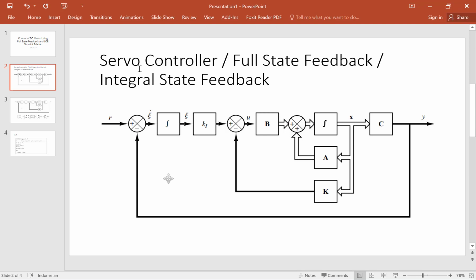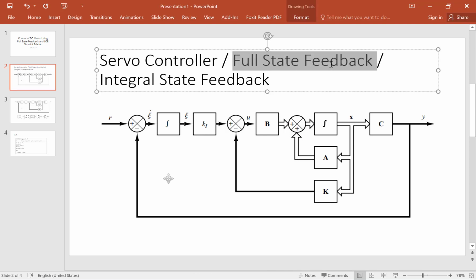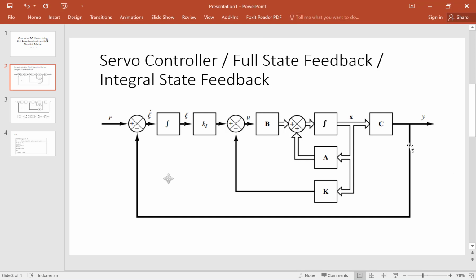In the Ogata book, Modern Control Engineering, it is named servo controller, while other researchers call it full state feedback, because there is integral control in this part. Okay, so this is the design of the controller. There is state feedback here, and then this is the integral control.